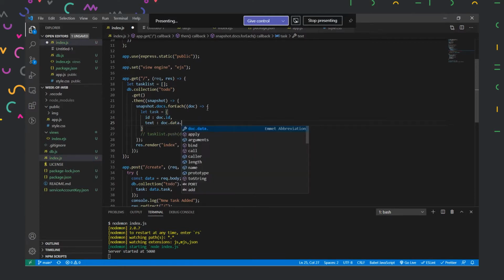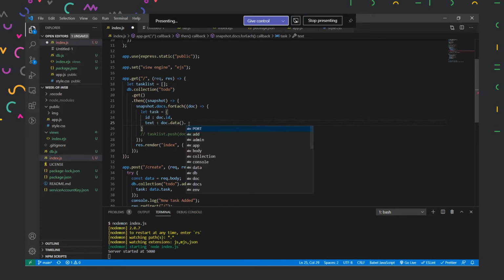And for data, we cannot just put a dot here, because here data is a function. All our data is encrypted. Like I told you in yesterday's session, the database helps us encrypt our data so that the client cannot see it. If our password is not revealed, that is a good thing, right? We don't want people to see our password. That's why Firebase does it for us. It will encrypt the data automatically, and to decrypt the data, we have to use the function. So data is a function over here. After the function is executed, it will return an object of all our data.